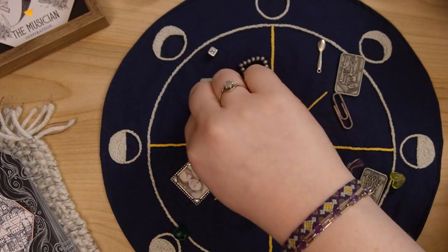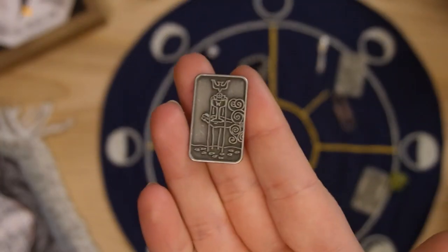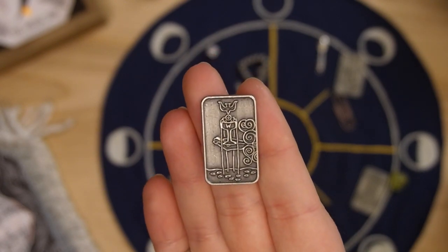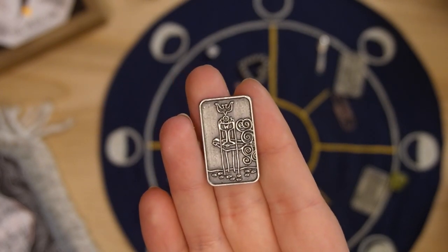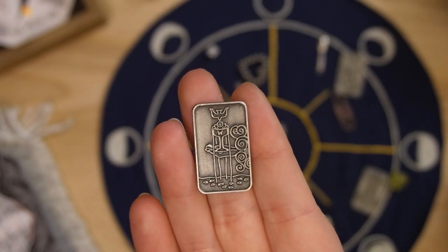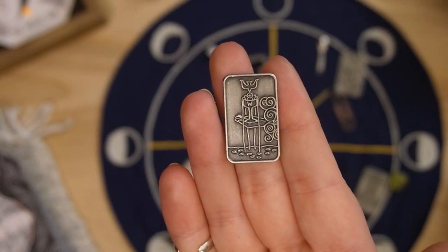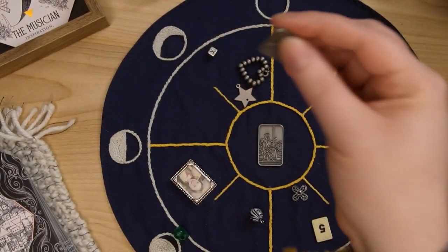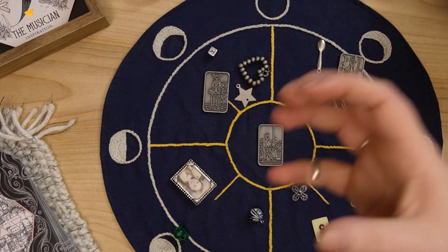So let's go ahead and reveal the card. Okay, so you have the Ace of Cups showing up here. The Ace of Cups, all about emotion, about flow. It definitely is a flow state, and it's an opportunity to move into that flow state. As you can see, there's this cup overflowing with emotion, inspiration, excitement, and it's usually that happy little butterfly bubbly feeling in your stomach of excitement that you might be feeling towards something, or a sense of love and